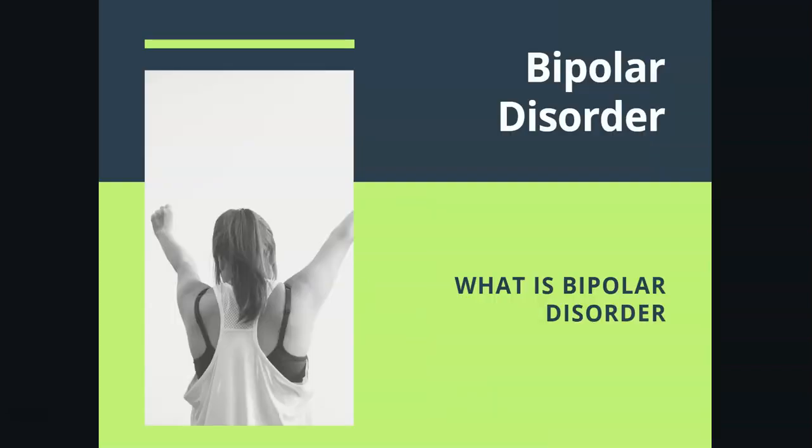So what is bipolar disorder? Bipolar disorder is a mood disorder that's characterized by extreme mood swings, and they have these high highs or these low lows. Those high highs are mania, and it can be mania or hypomania, and I will explain the difference between the two. The lows are a really, really low depression.